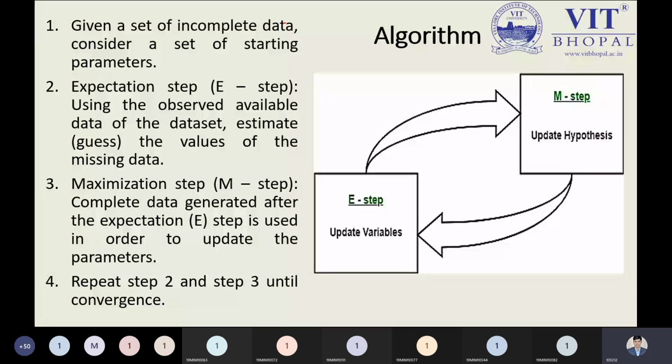This is a real example I'm taking here for your betterment. Suppose in the first semester you got a 9.2 CGPA. In the second semester you got 9.3 CGPA. In the third semester you got 9.41 CGPA. So what is the problem? After the second semester, in the third semester, your CGPA goes down a little. Then you are expecting something in the next semester, the fourth semester. You expect a minimum of 9.4 CGPA. That is your expectation. But you are not getting it.